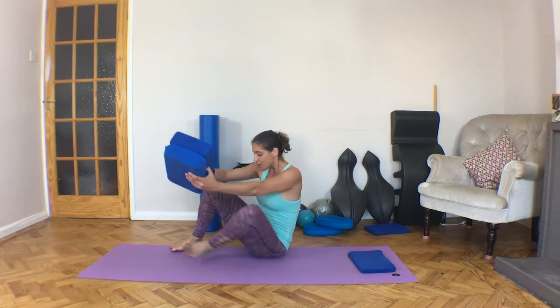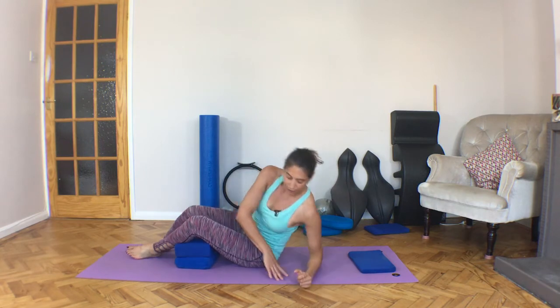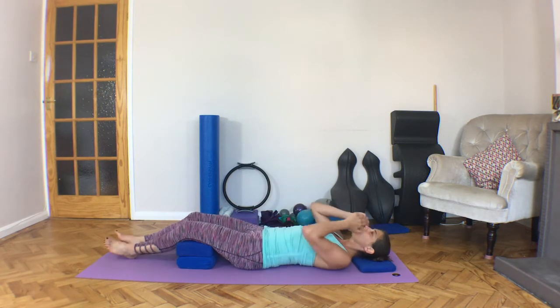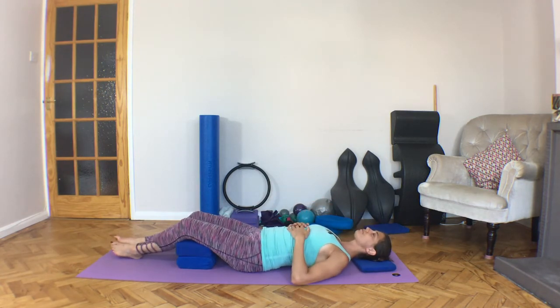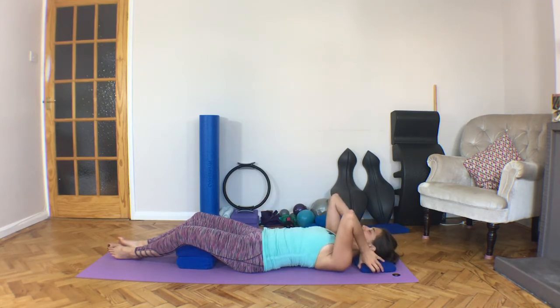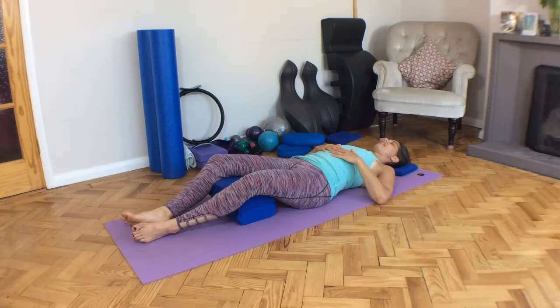So coming down onto the mat, I'm going to pop these cushions here under my knees. Best to come down through side lying and then roll onto your back. And here I'm just letting my legs feel comfortable and letting the back of my head rest comfortably. And just pop your hands across your ribs and a little bit across your tummy, and let the hands just soften. And now just let go here. And we're going to do a gentle body scan